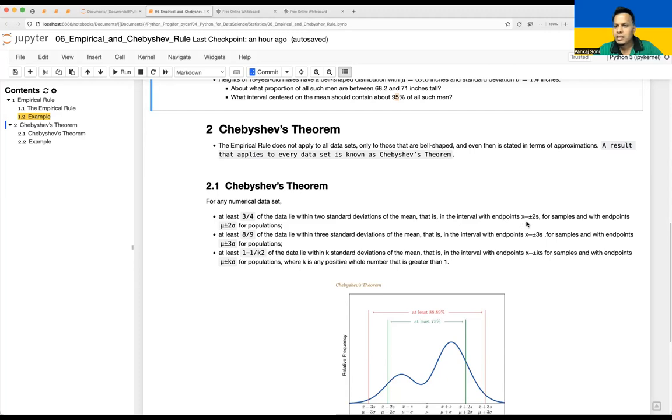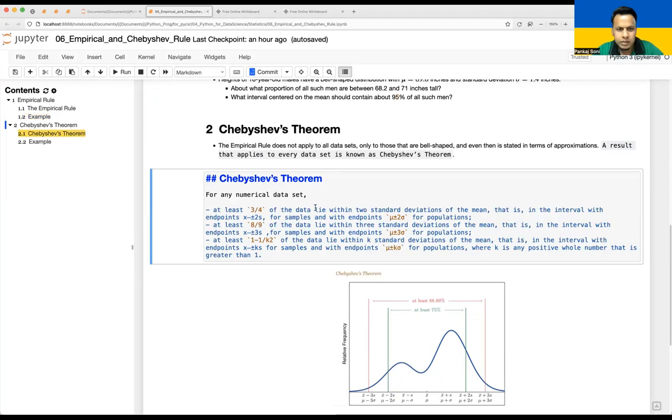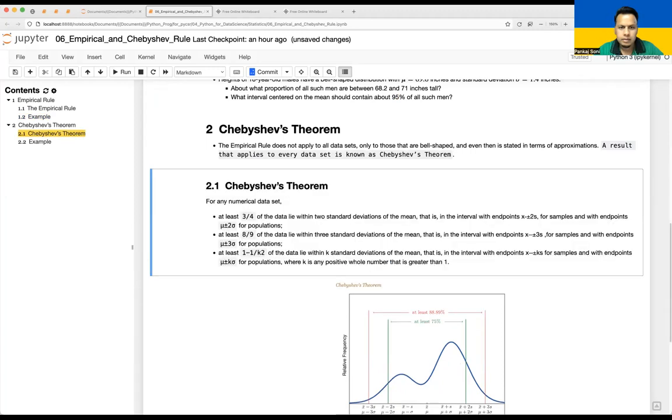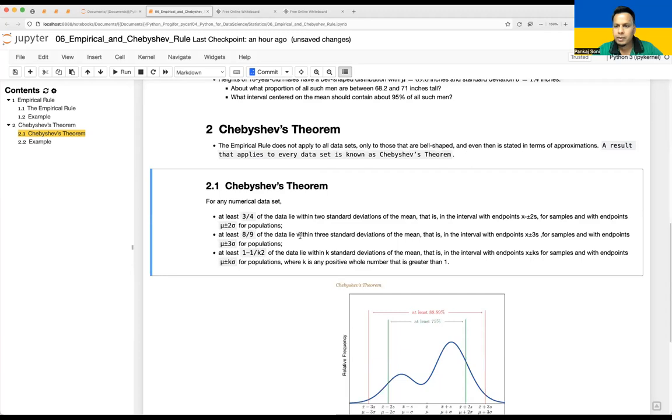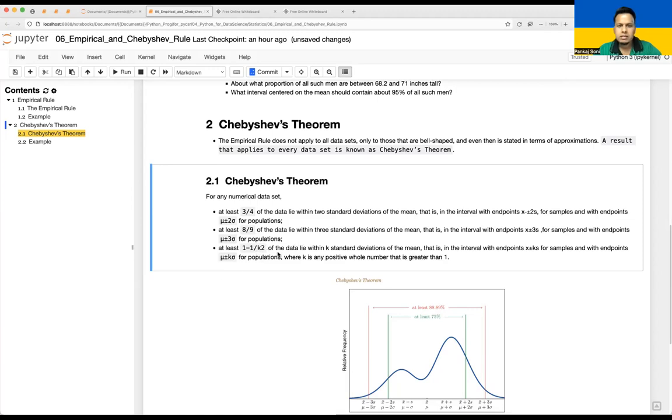That is the interval x minus... this is nothing but your mean. Okay, so I'll just remove it. While adding this data, this bar is coming as minus, so let me remove this part. Assume that that is the mean. So 3/4 of the data falls between mu plus minus 2 sigma, and 8/9 of the data lies between mu plus minus 3 sigma. And at least 1 minus 1 upon k square of the data lie within k